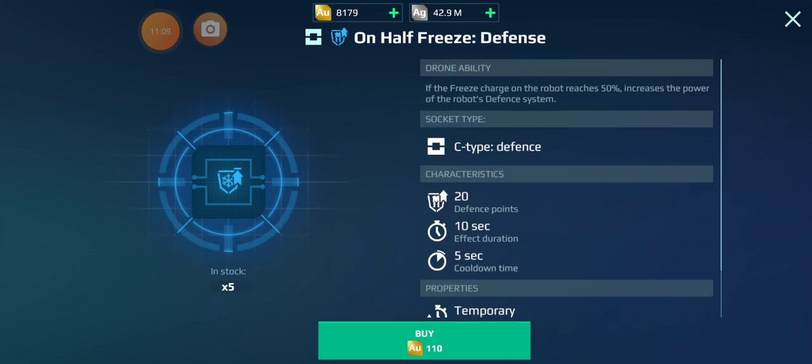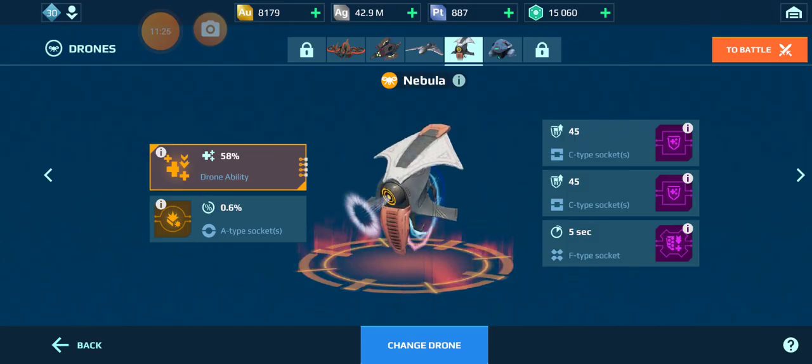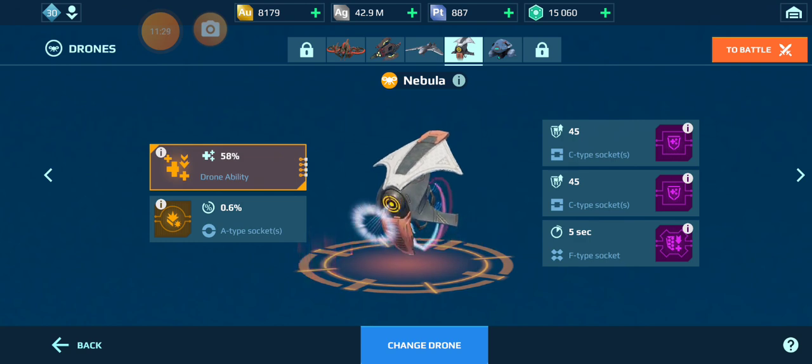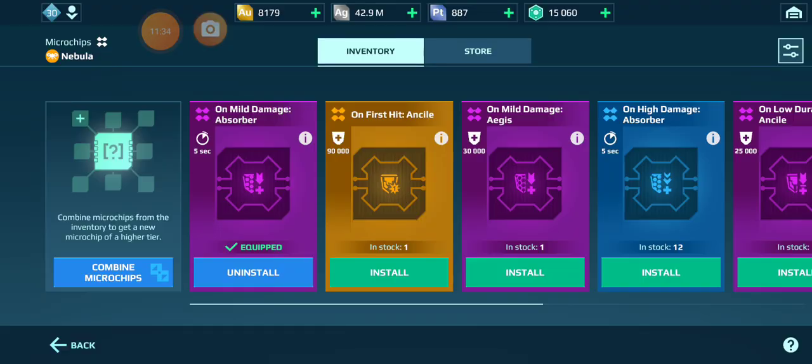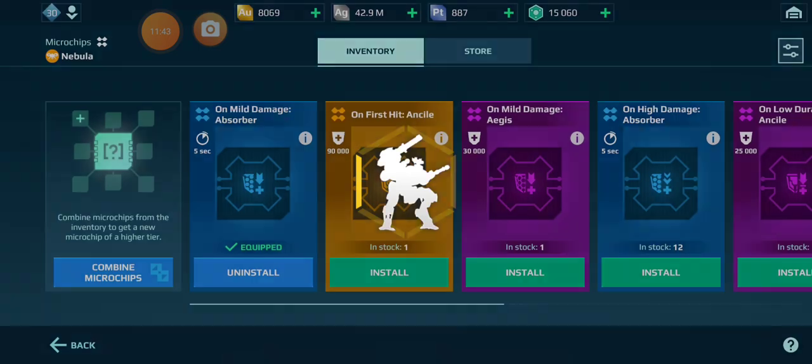Now, I'm not too stressing about the on half freeze. This is a good one to have if freeze is being used a lot. The suppression the same. I question Adrian. I'm not sure why he would use the on freeze and while suppression if he's also using anti-control and things of that nature. But what I'm doing, once again, I'm just taking another quick look. I see the on mild damage absorber. So I'm going to collect that one, and I'm going to...